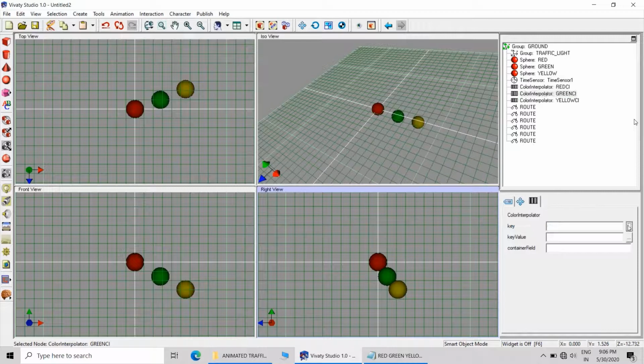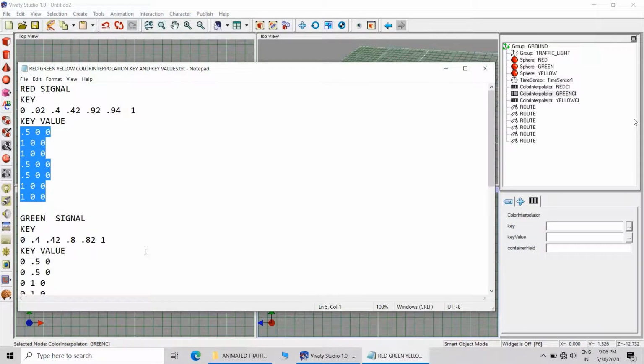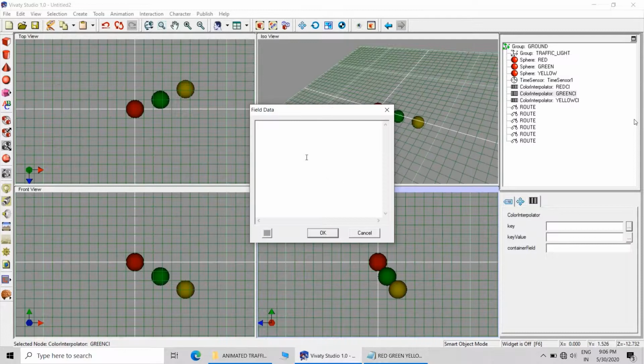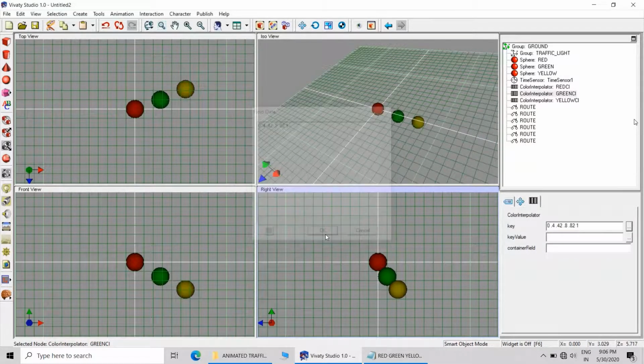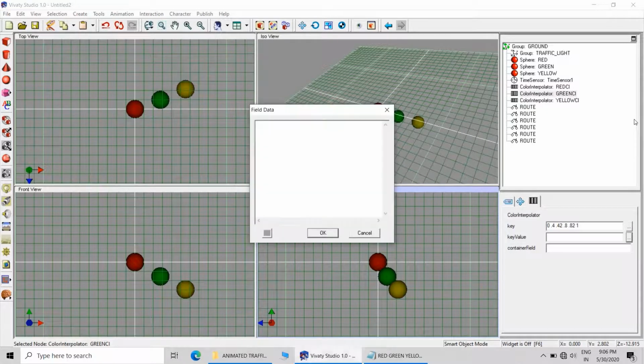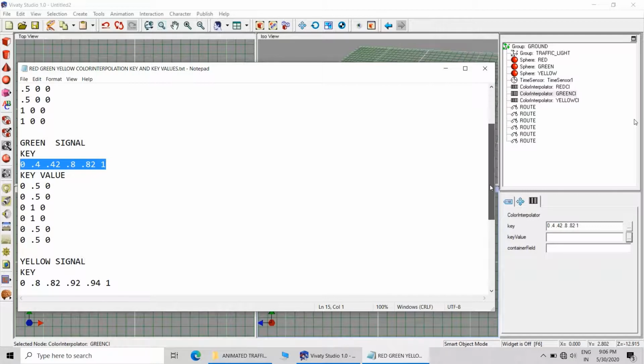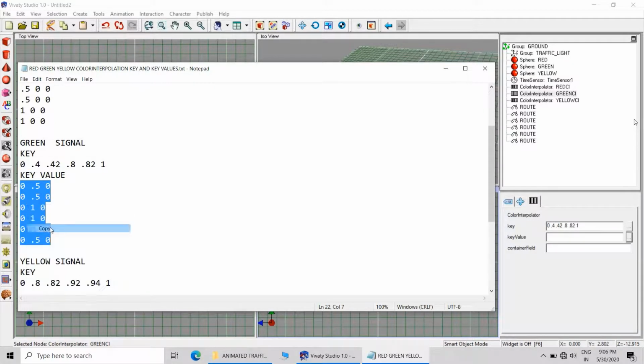So it is the value of the color at that specific instance. This is how I can explain the key and key value.